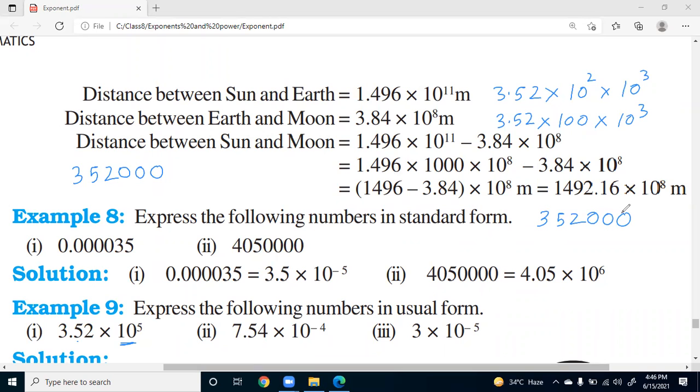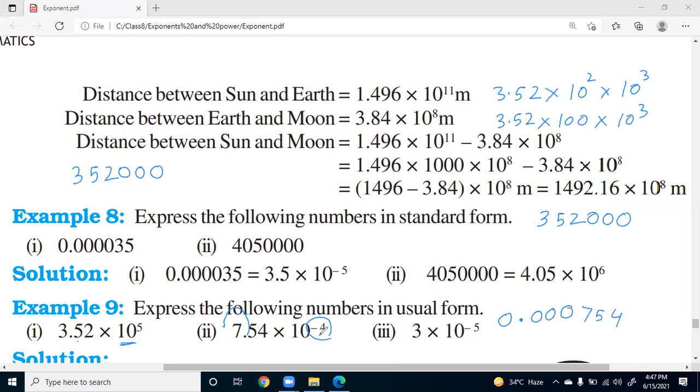Okay, so let me tell you how to deal with a negative exponent, that is 10 raised to the power minus 4. So see, it is 10 raised to the power minus 4, so we will be moving 4 places in the left direction. If I move 4 places, one place I have moved, that is 7. So I need to put 3 zeros and then I got the number.